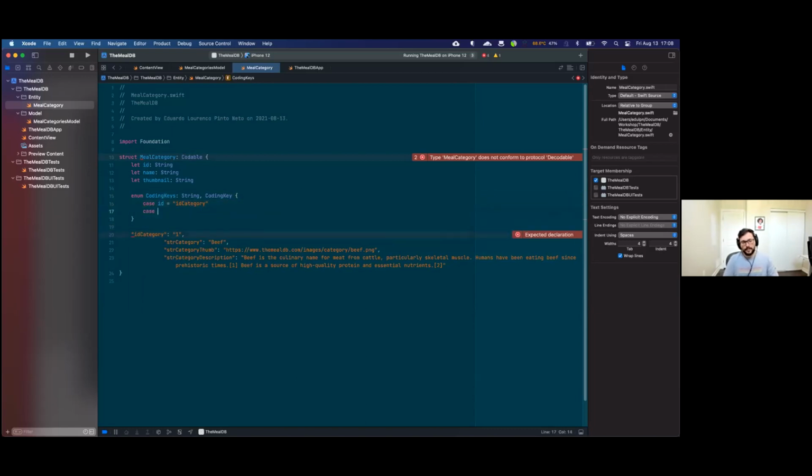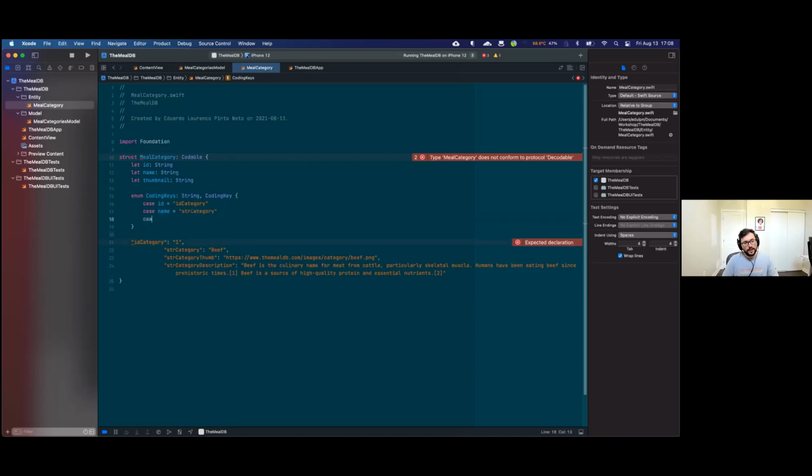And we'll be doing the same thing for all the other fields here. So field name, which is called str category. And the same thing for thumbnail. Thumbnail is the str category thumb field from the JSON. We can just erase this,